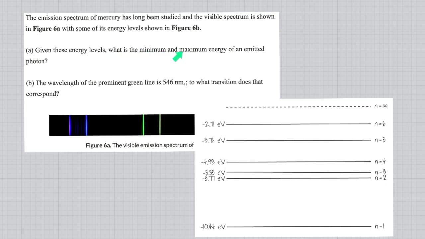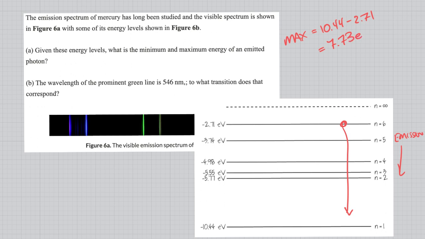Given these energy levels, what is the minimum and maximum energy of an emitted photon? So if we think about the maximum, if this is our ground state right here, the maximum emission, remember emission is going down. Emission is where electrons are moving from higher energy levels down. So our maximum would be the biggest change here. So I would go from here to here, and that's how I would find my maximum amount of energy that is being emitted. So my max would simply be 10.44 minus 2.71, and that's going to equal